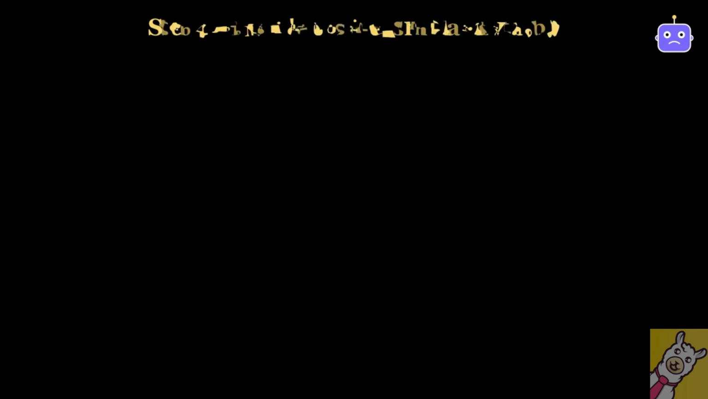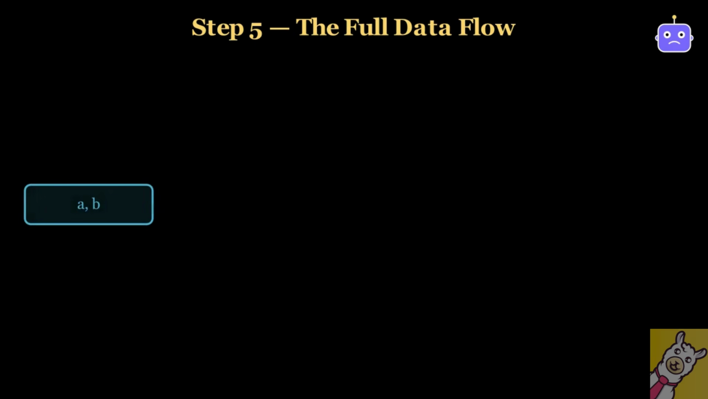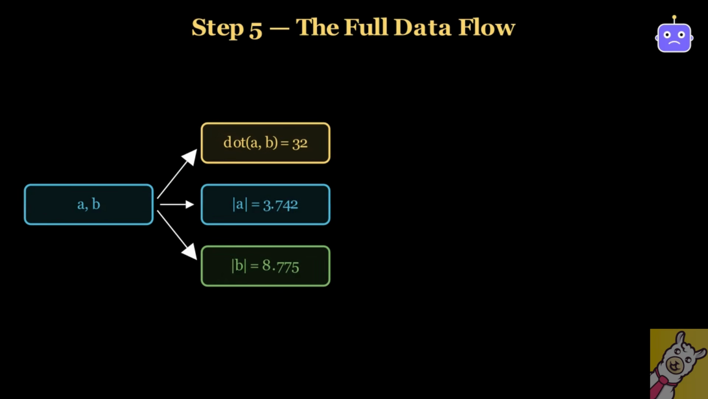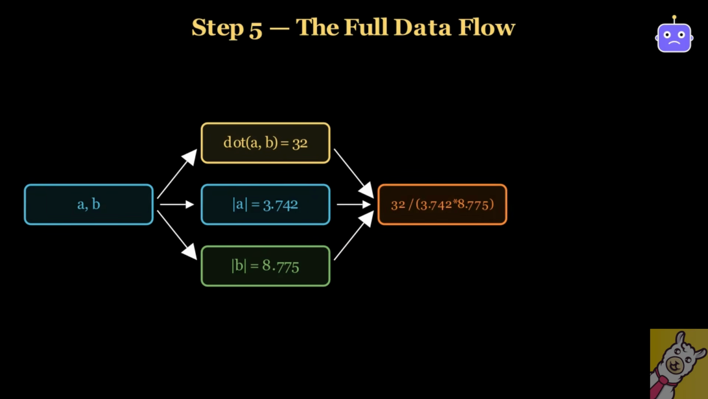The full data flow. Let's put the entire process together. We start with our two vectors A and B. From them we calculate the dot product, which is 32. At the same time we calculate the magnitude of each vector. The magnitude of A is 3.742 and the magnitude of B is 8.775. Finally, we divide the dot product by the product of the two magnitudes, and that gives us